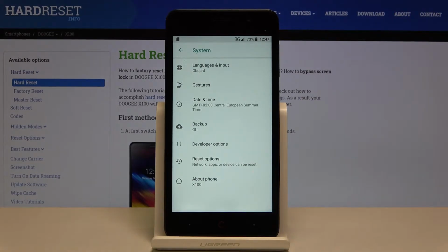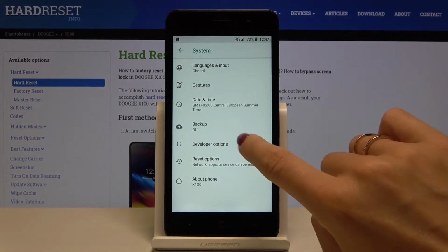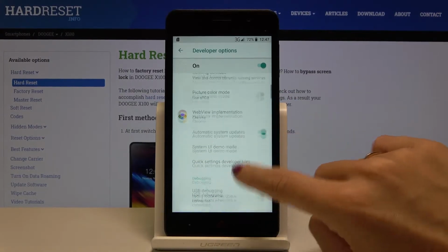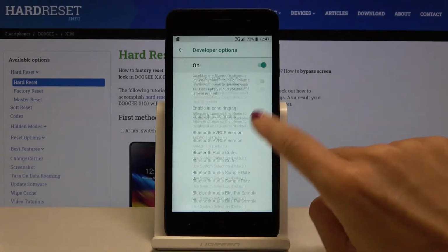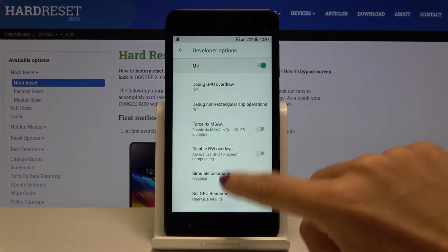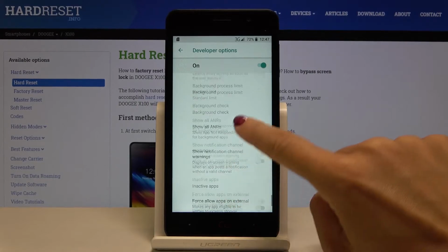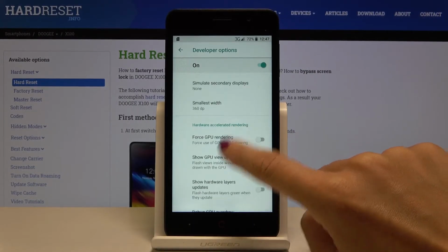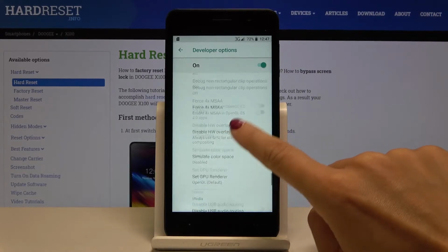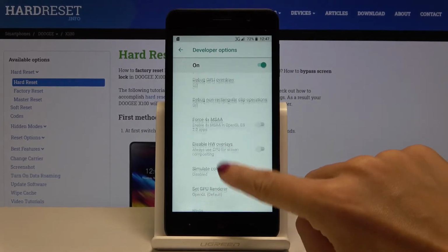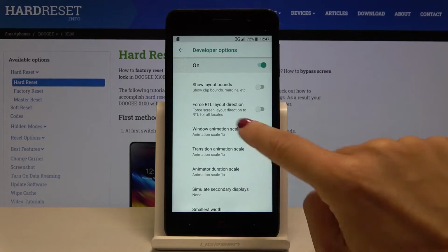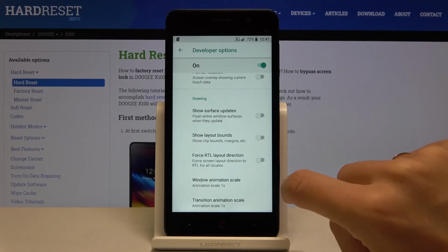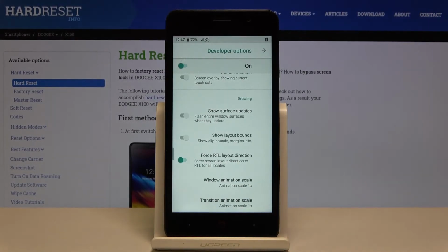and if you cannot find Developer Options under System, just take a look at our tutorial on how to turn on Developer Mode and then enter it. Scroll down and locate RTL layout direction. Okay, so here it is, force RTL layout direction, mark it, and as you can see now